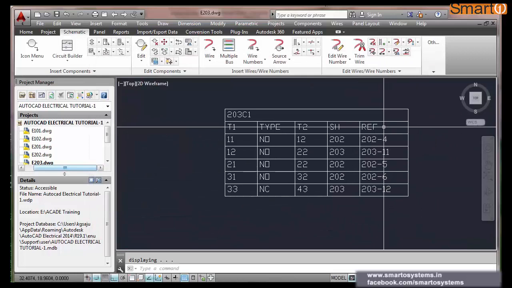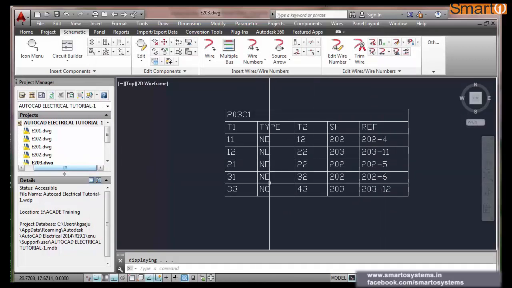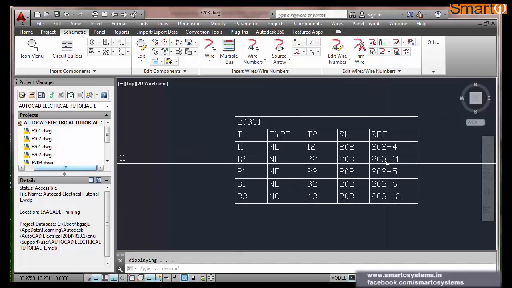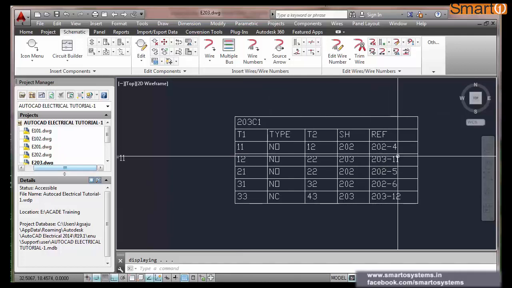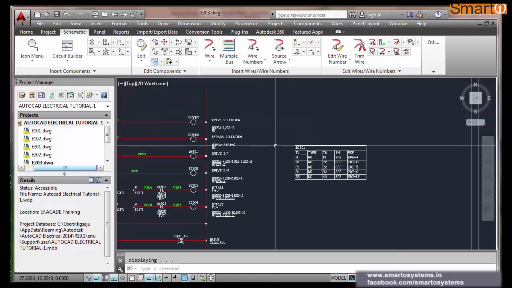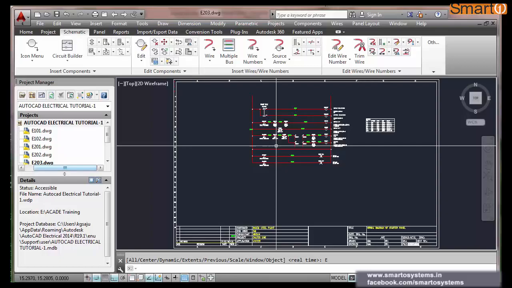Now you see all the pin numbers where you have used it. N1 where you have used, NC where you have used, all the sheet numbers, references, everything you will get in the drawing. This way you can create control circuits with all the details. It will be really helpful for you. Fine. So next day we will come with something new.